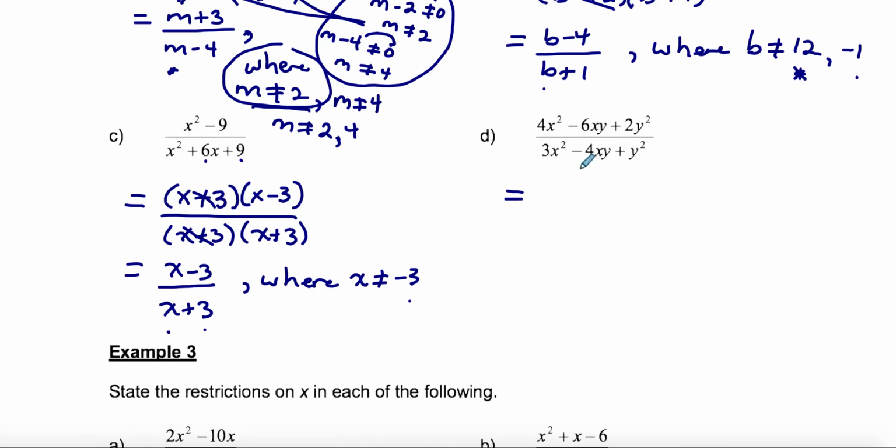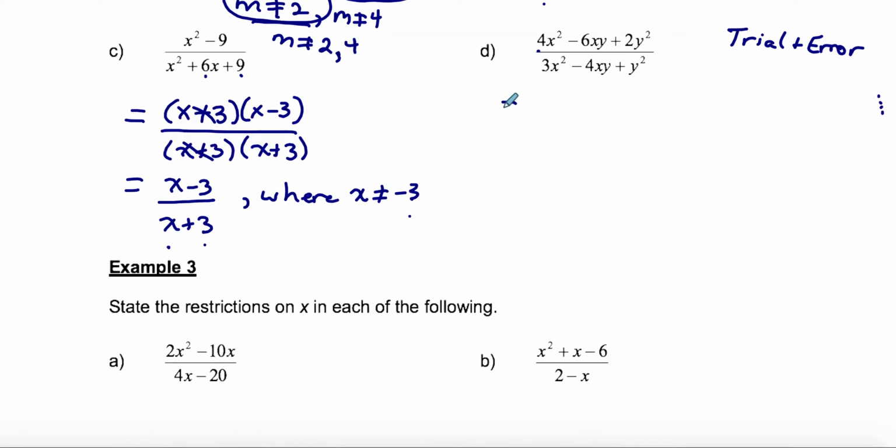Oh, so much better to do trial and error. This one, what I see is that I can divide the numerator by 2, and I'm left with 2x squared minus 3xy plus y squared. And I'm going to just leave the denominator because I don't have a common factor in the denominator. Okay, so like I said,